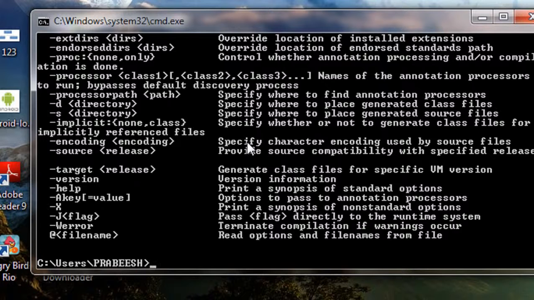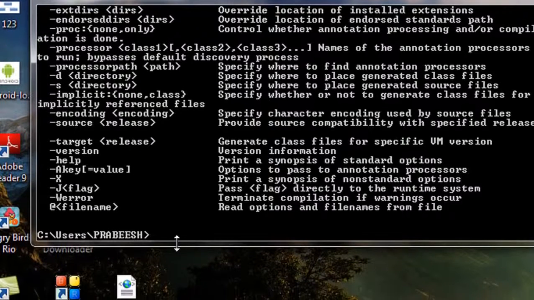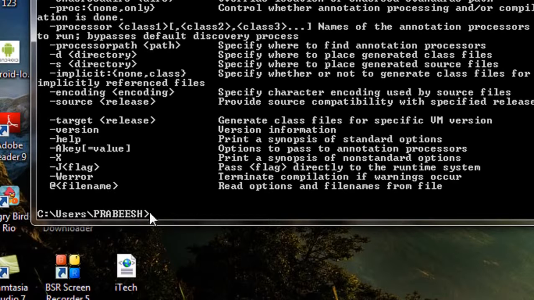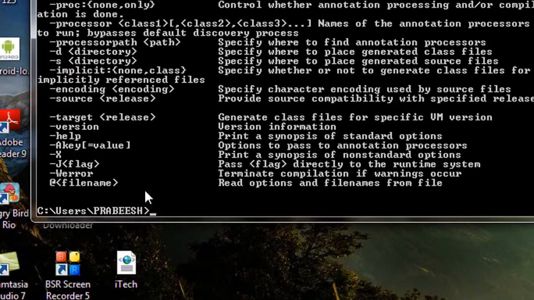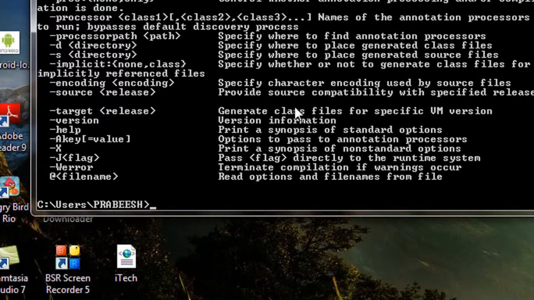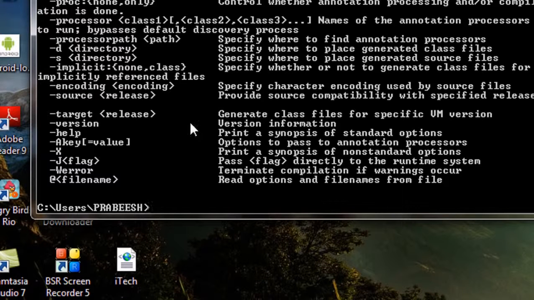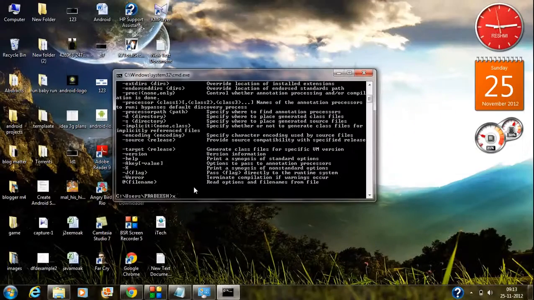If it has an error, then when you type javac, the system will show that javac is not recognized as an internal command, or it is not recognized as a valid command. If such a situation occurs, you can again go to that path variable and set it up again. Okay guys, after doing this step, you have successfully set up the Java environment variable path in your computer. There is another way also for setting up the Java variable path.